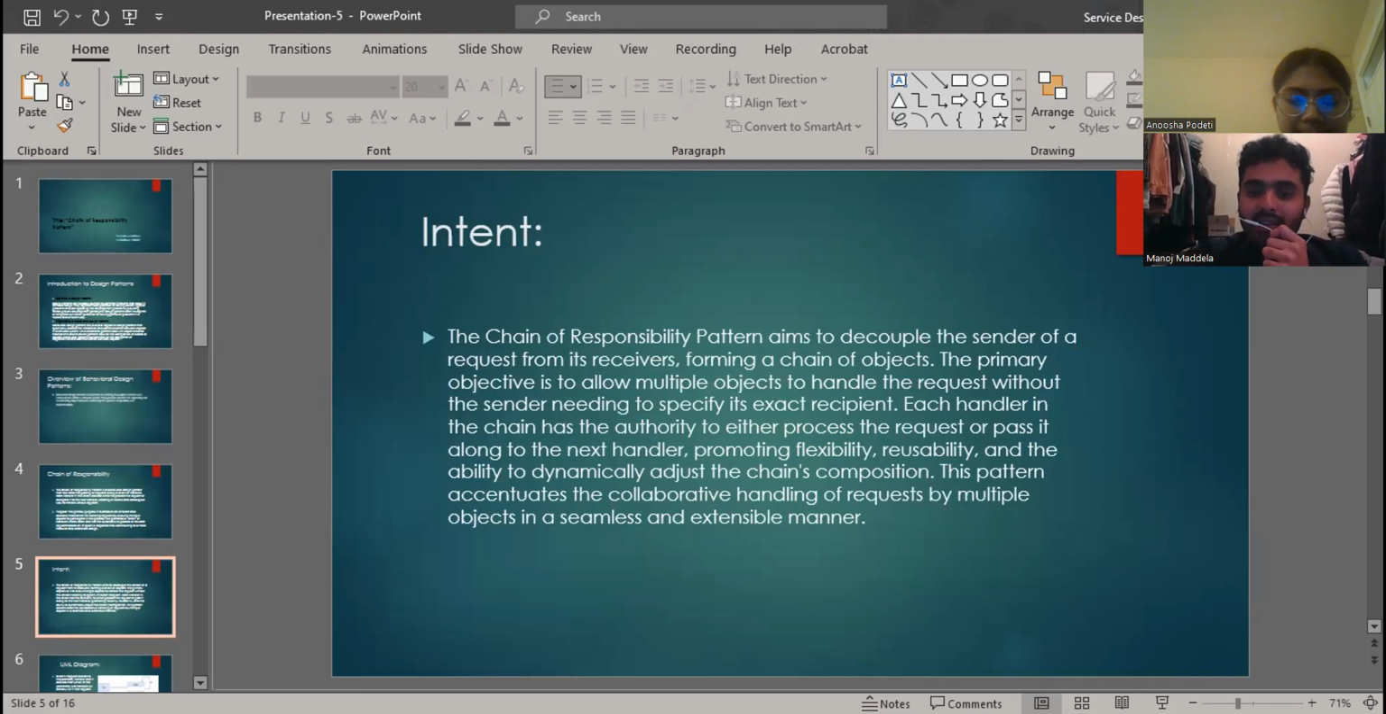To add some more points for this intent, I have my notes. Yes, flexibility and dynamic handling. This flexibility and dynamic handling,